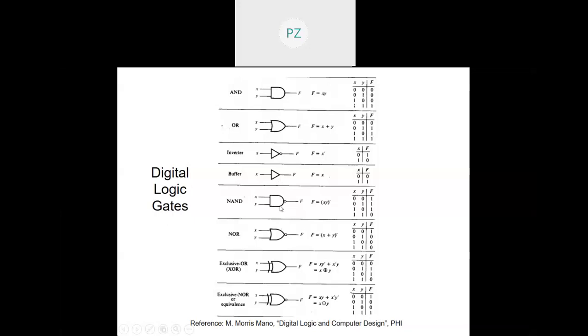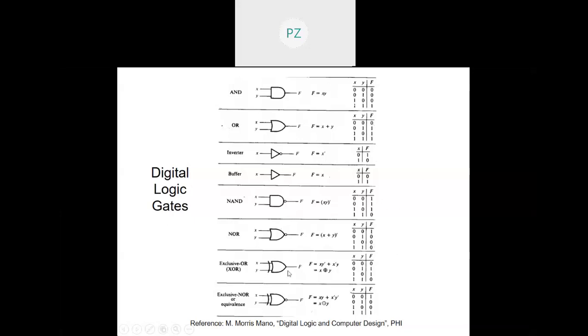This is a symbol for NAND gate. So you can see AND followed by NOT, and that is why the truth table is just the NOT of it. You have 3 zeros, so 3 ones, 1 1 and a 0, right? NOR is again OR followed by the bubble of the NOT. We're not putting the entire inverter, we're just taking the bubble of it. So that indicates that I'm inverting the OR function. The symbol is x plus y whole dash, and its truth table will just be the complement. You see, 0, so 1, and 3 1s, so that becomes 0.